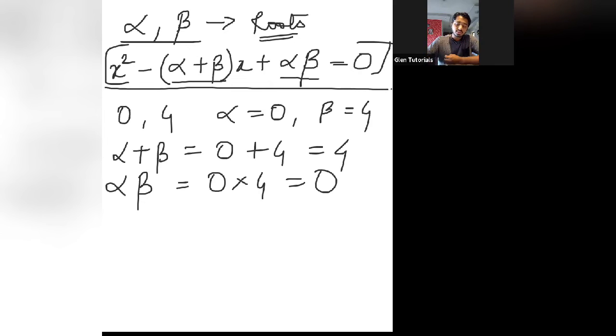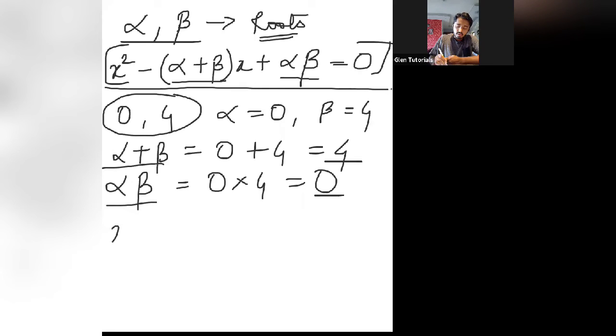Now how will you get the equation? You will get two answers. You will get the roots of the equation, what we used to always get in whatever sums we were doing before. We were getting two answers, so now also we'll get two answers. They'll give you the roots of the equation are 0 and 4, for example. Find the quadratic equation. So 0 and 4 means alpha is 0, beta is 4. We'll find alpha plus beta, then we'll find alpha beta. So we'll get two answers. We are not done. Now we'll substitute these two answers in our original formula.